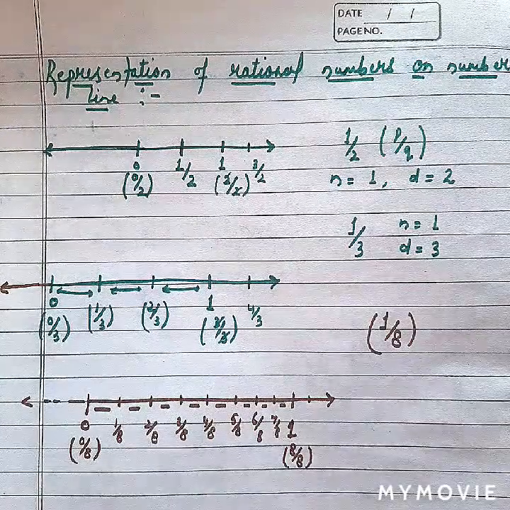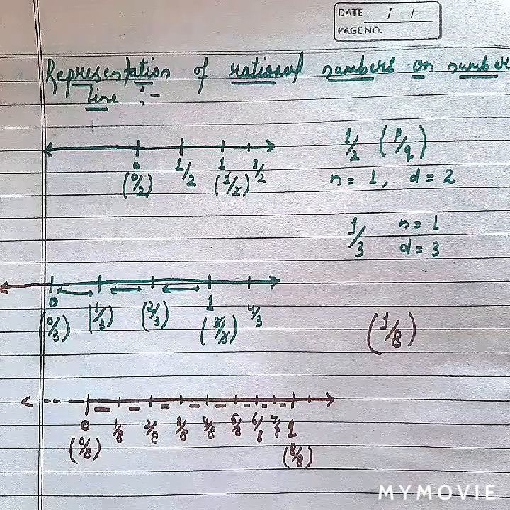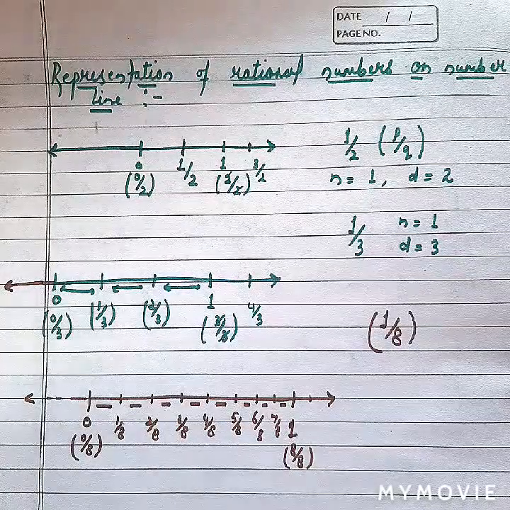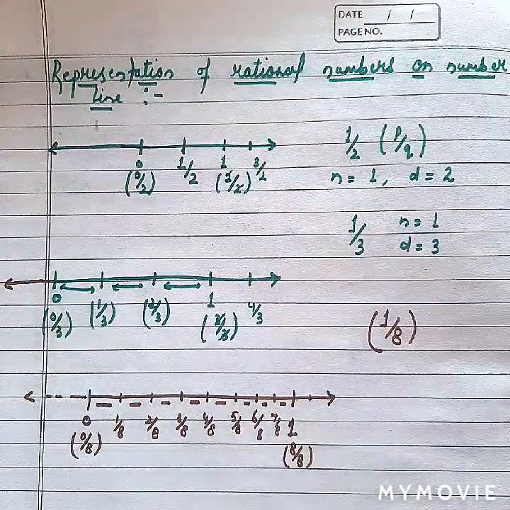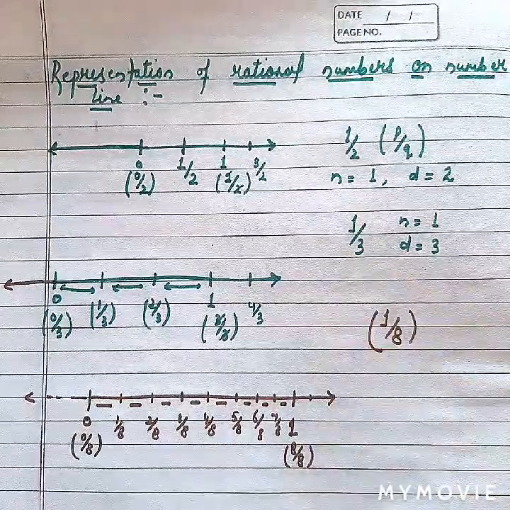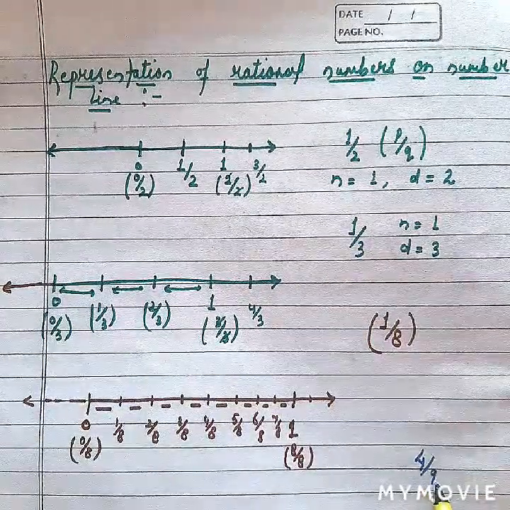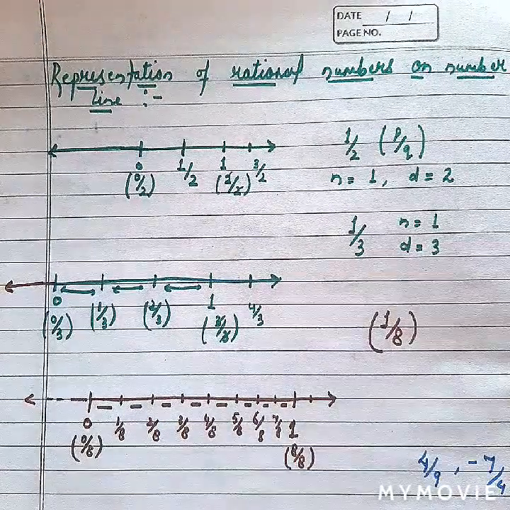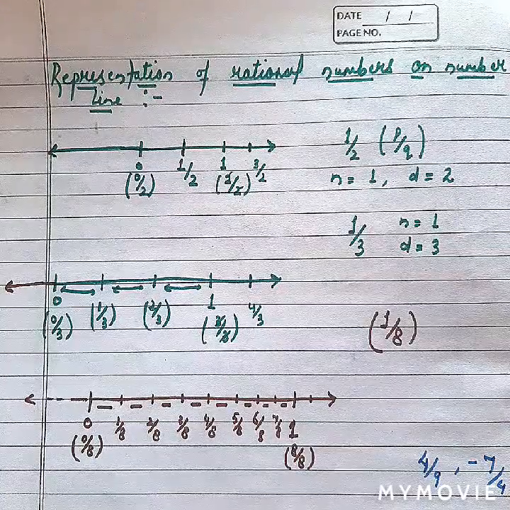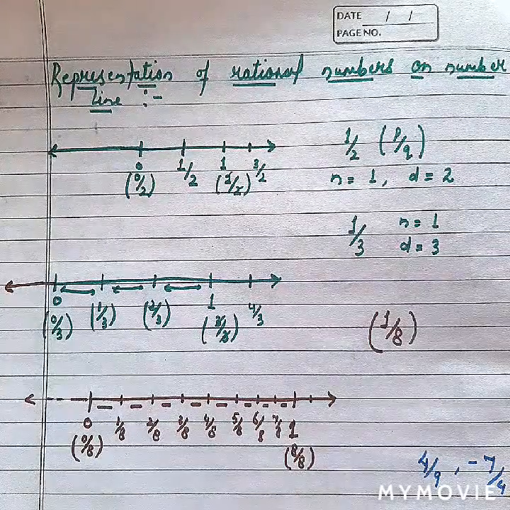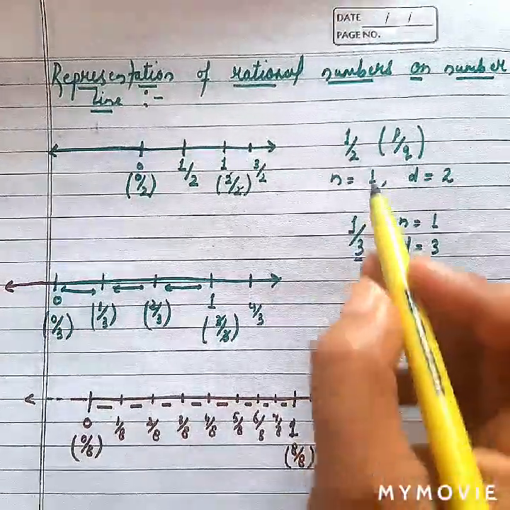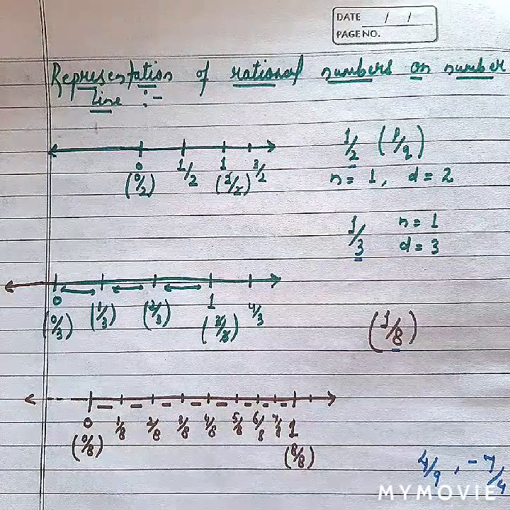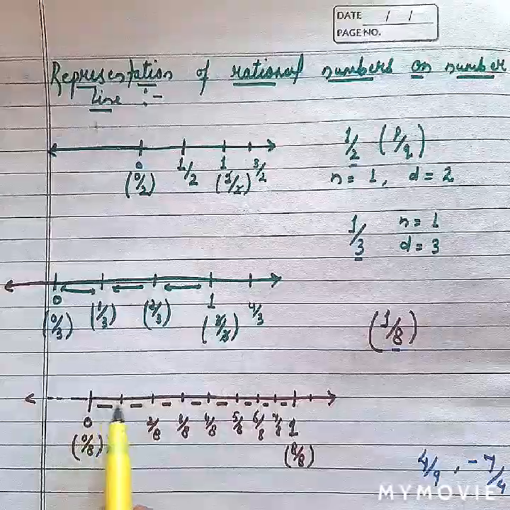Now the question comes: if we want to draw other types of fractions, like 4 by 9 or 6 by 9, we will not have 1 in the denominator. Suppose we have 4 by 9, or 7 by 4, then how can we represent those numbers? To make it clear, I want to repeat that the value of the denominator tells us in how many parts the unit place will be divided.